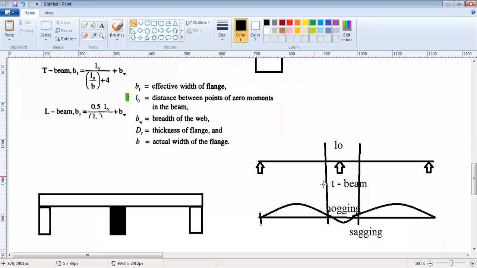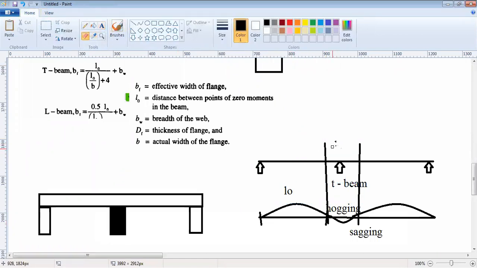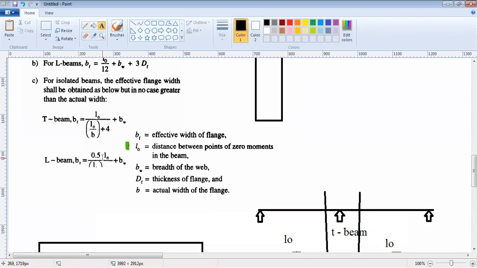Zero moment is from here up till this point. तो इसको L naught consider किया जा रहा है, not this. I'm sorry, it's not taken as L naught, but there will be two L naughts. There will be L naught on this side as well. So you will take the larger one as the L naught, the distance between the points of the